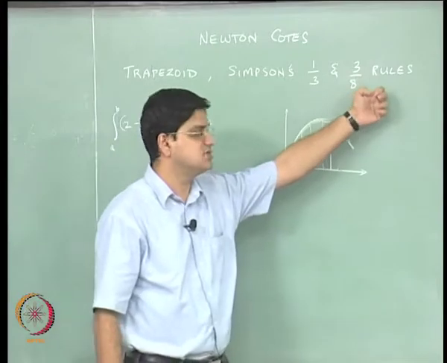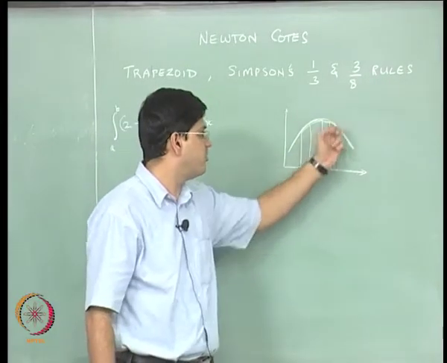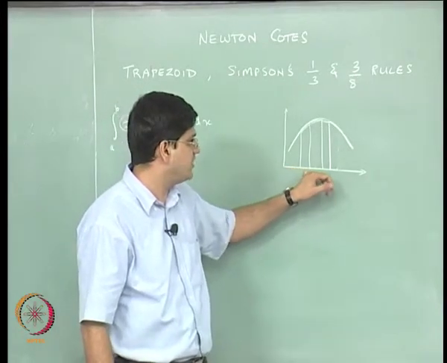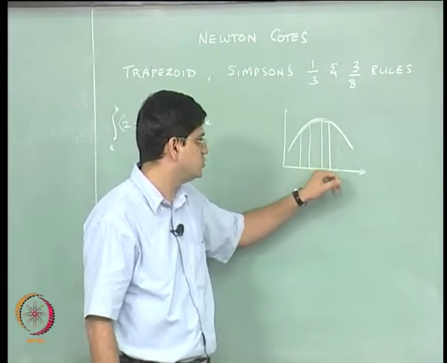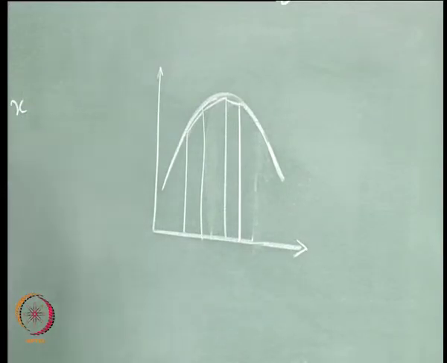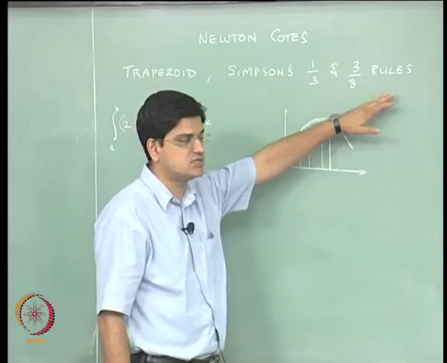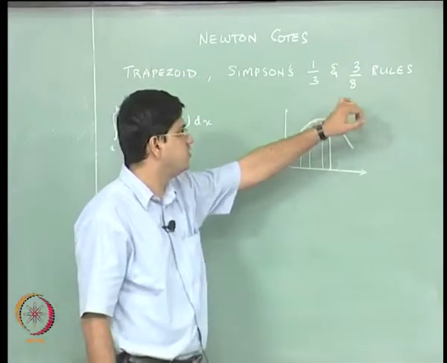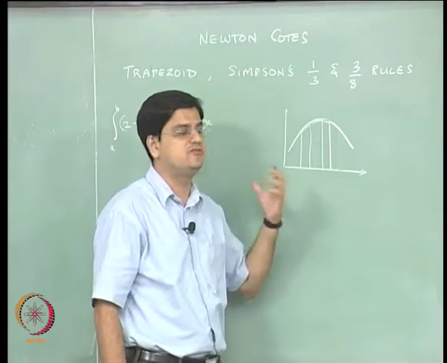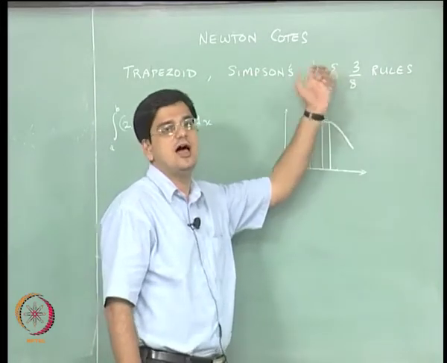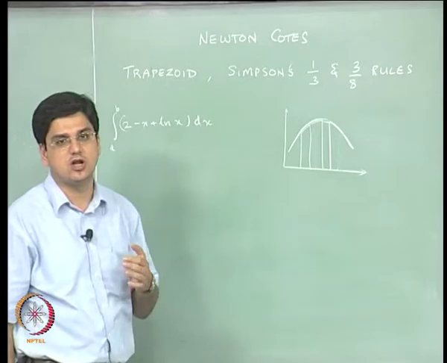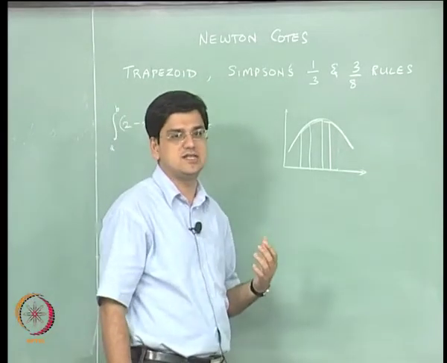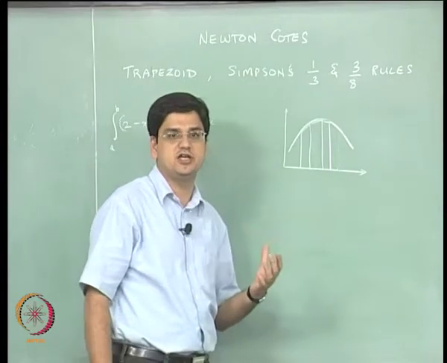Then we applied Simpson's 3/8 rule, a single application of the 3/8 rule, which uses the points x1, x2, x3 and x4. And we saw again that the Simpson's 3/8 rule results were more accurate than the trapezoidal rule, and were indeed more accurate than the Simpson's 1/3 rule, but the difference between Simpson's 3/8 rule and Simpson's 1/3 rule accuracy was not that significant. We will take another example in today's lecture, a more chemical engineering example if you will.